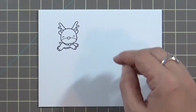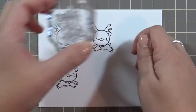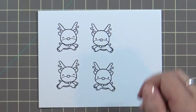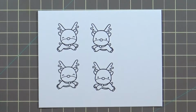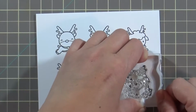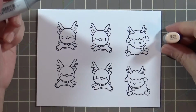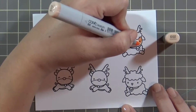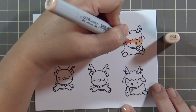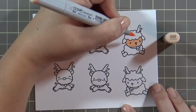I'm using Memento Tuxedo Black ink, and I'm stamping down the reindeer and the sheep. Now, what's great about both of these stamp sets, the Reindeer Games and Woolly Winter, is that the mirror images are provided. So you don't need to do any special stamping like I did in card number 7. Here you just have to stamp both sides of the mirror images. And they're so cute. For the coloring, I'm going to use a series of browns and warm grays on the sheep, and then for the reindeer, I'm going to use mostly browns and a little bit of cool grays on